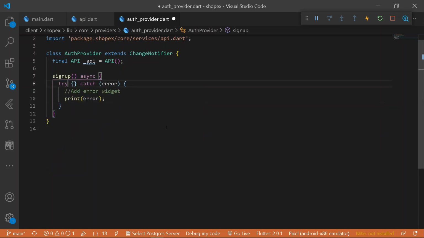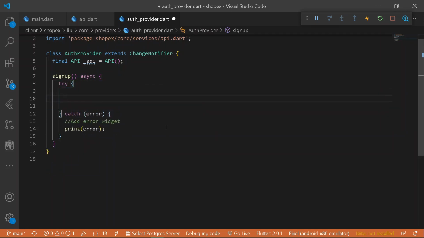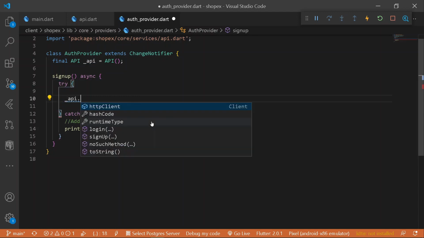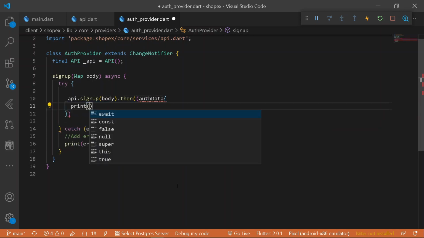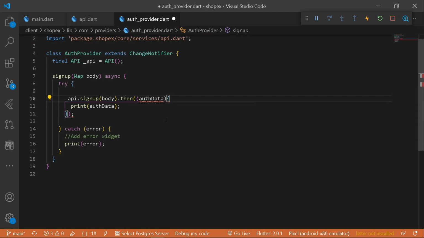So let's go under our try block and implement our entire functionality. So under our try block, I will be calling my API. So here let's have API dot sign up, just like this. Now it shall be requiring a body. So let's go under our arguments and provide here a body, just like this. And after having this body, I will be taking the value from it, because it is a future method. So here let's have a then and a value. Let's name the following value to be auth data. Why not? And instead of returning a null, let's print up our entire auth data first of all. So here let's have a print statement for printing our auth data. Alright, a missing parenthesis, let's paste it here.